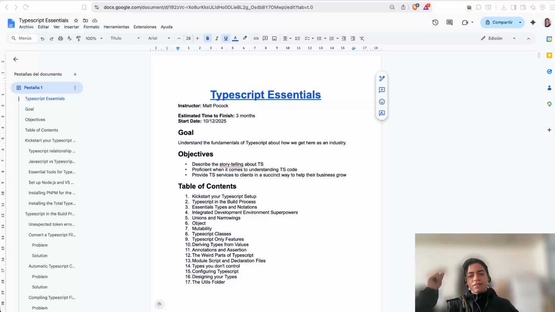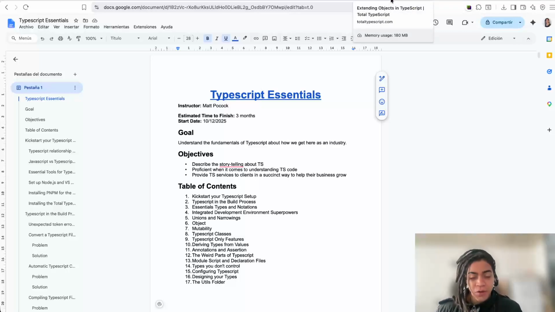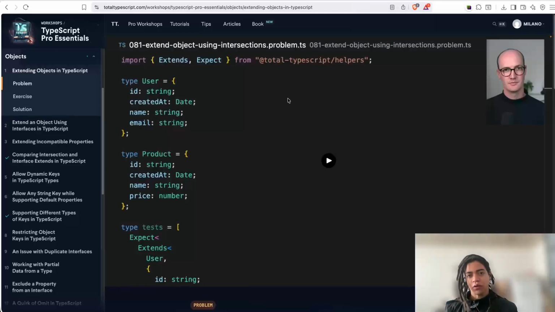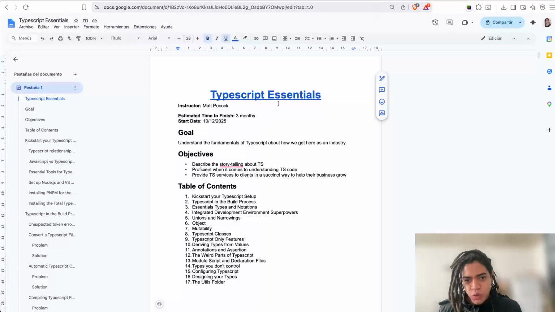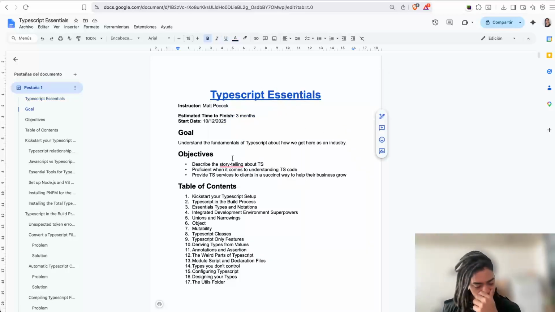We are Gonzalez here. So, in today's video, I want to take a look at the objects and mutations in TypeScript. This is a course taught by Matt Pocock, a software engineer who usually works at Vercel. Now he's currently the creator of the course TypeScript Essentials. When we went through the